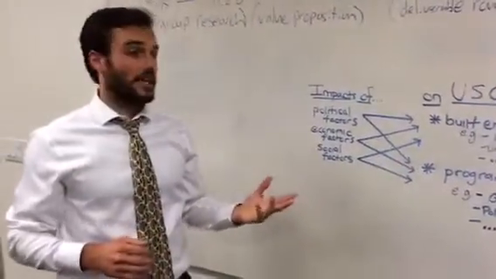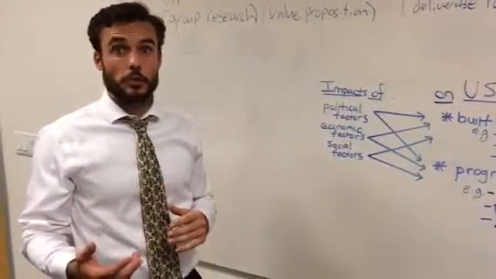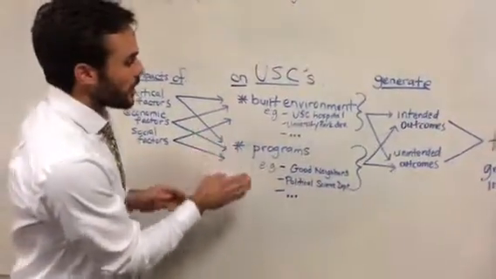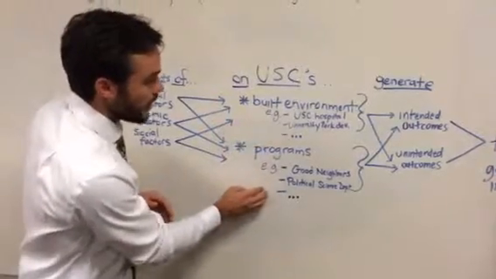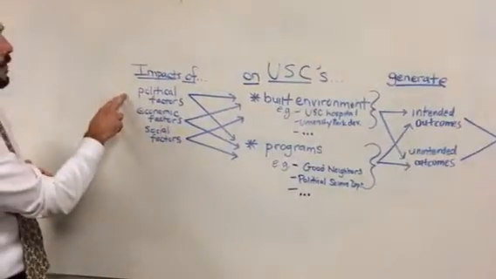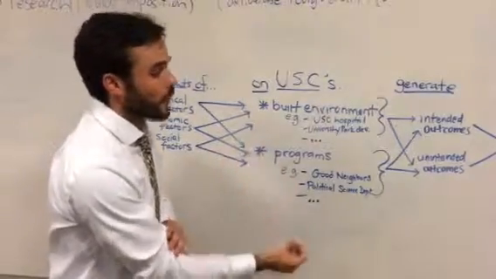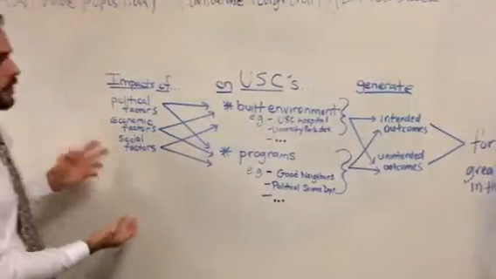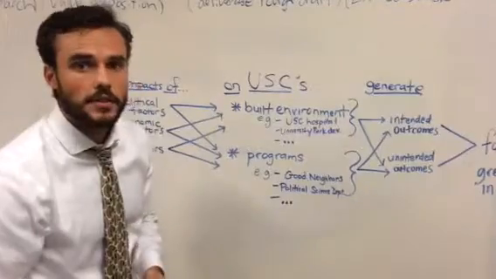To our second point of this video, we want to discuss how do we continue with our next steps for our research portion of this project. The crux of the continuation of our research lies in generating examples for USC's built environment and generating examples for USC's programs that we can analyze for the impacts of these three factors on these examples. And if you feel ready, to then look at what are the intended and unintended outcomes of these factors on these parts of USC for the city of Los Angeles.